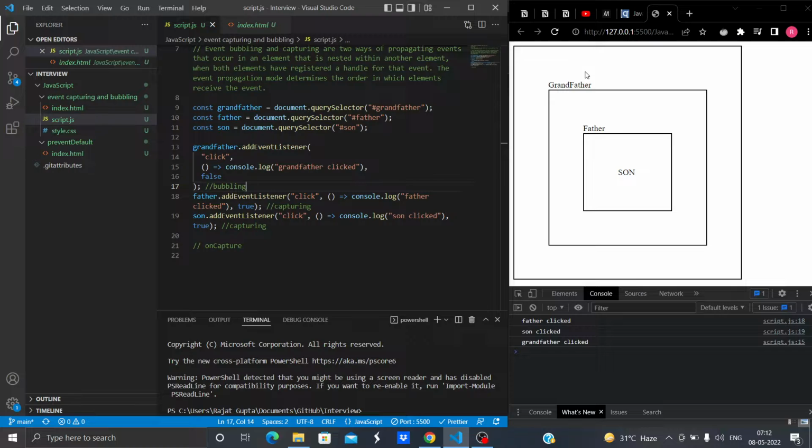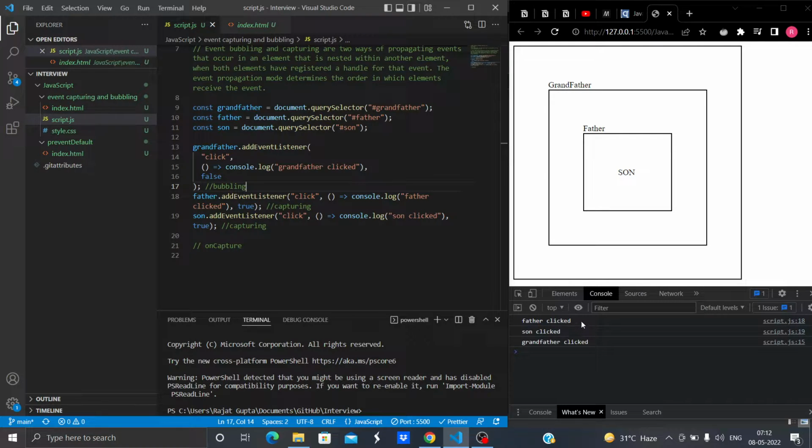Since capturing is going on, now we'll come to father. The browser will again see the value of on capture in the addEventListener, and it will see it's true. Since on capture is true, the father is executed.